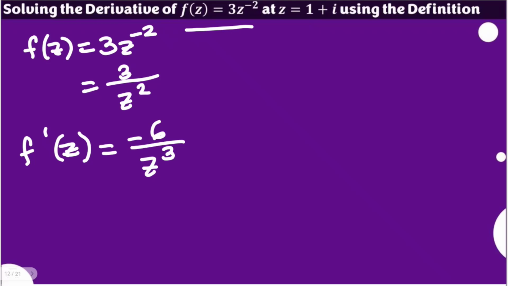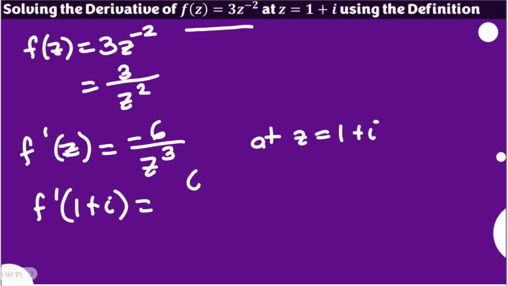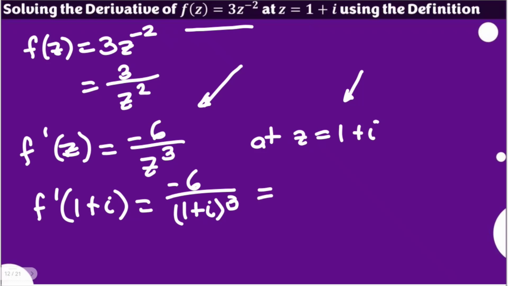As simple as this is, we are just going to identify the value of the derivative at z equal to 1 plus i. In short, simply substitute 1 plus i for z. Negative 6 over (1 plus i) cubed. This is the solution to the derivative of the given function at 1 plus i using the derivative we had in the definition. If you also would like to use the rules of differentiation, you will still get the same value because you are going to have the same derivative and the same value for z. Now, this is already okay, but if your professor would like you to simplify that,